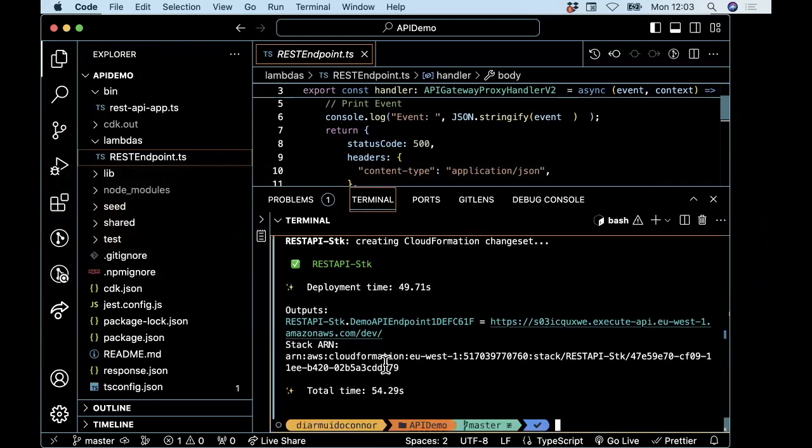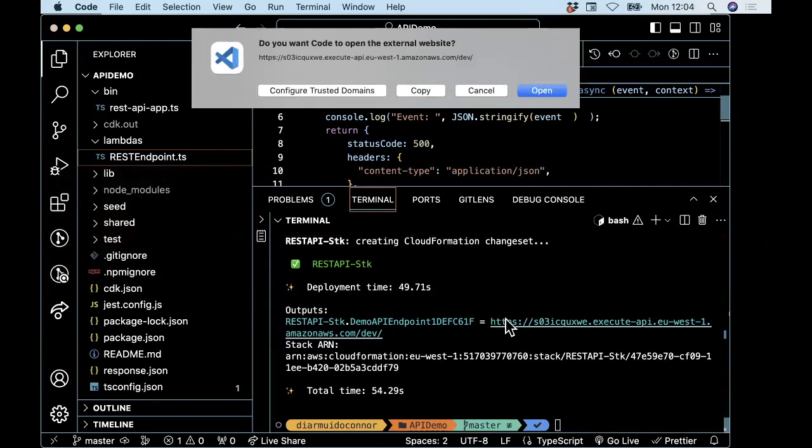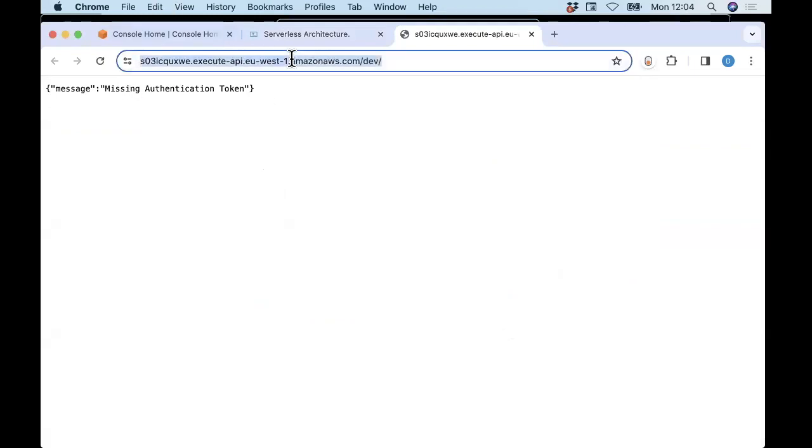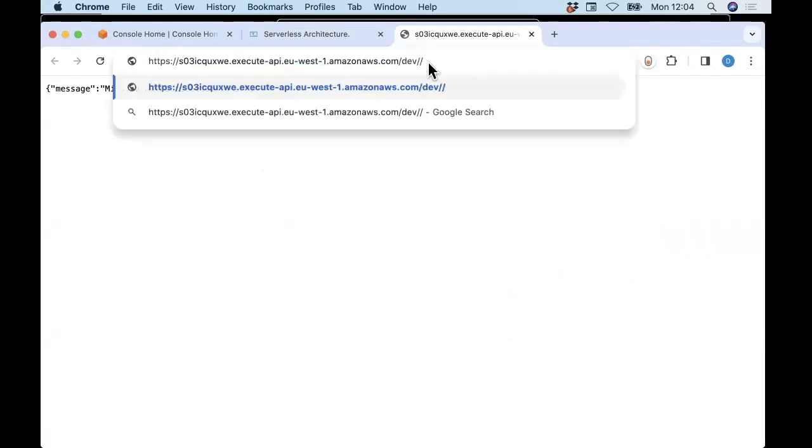And what I get back from the CDK is the URL of my web API, which I get from here. So if I click on that, here's the URL. And the reason I'm getting this response is because I don't have any integration for the root path of my web API. I only have integrations for the /todos path and the other path as well. But if I add on /todos,